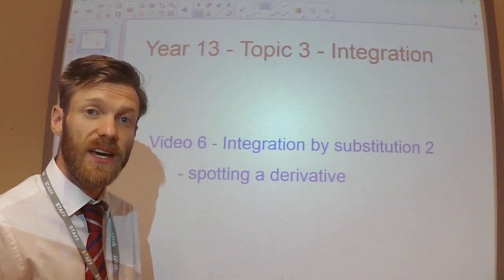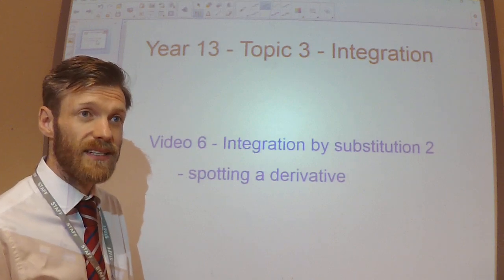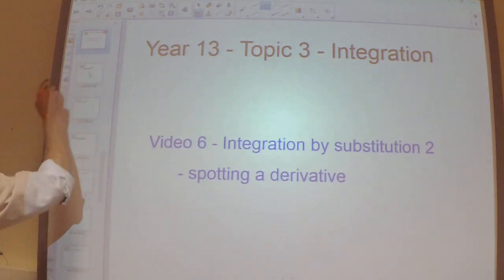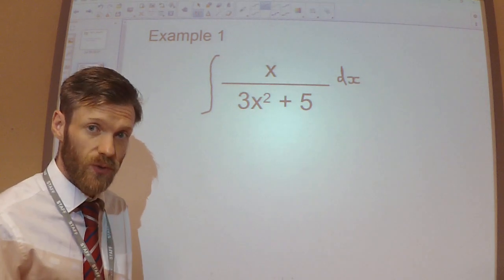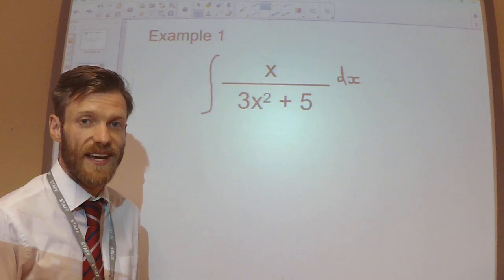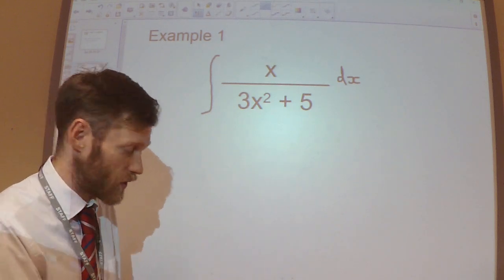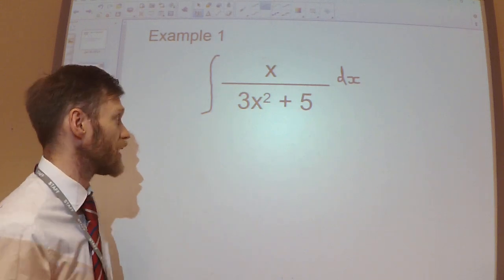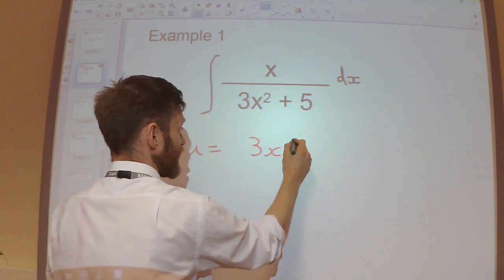This is the second video on integration by substitution, where we're going to have a look at another little shortcut technique that you can use. We're going to do these examples all the way through using the full integration by substitution technique, and then summarise it and try and spot what this pattern is, what the shortcut is, at the end. So in this question here, the substitution I'm going to make is that u is equal to 3x squared